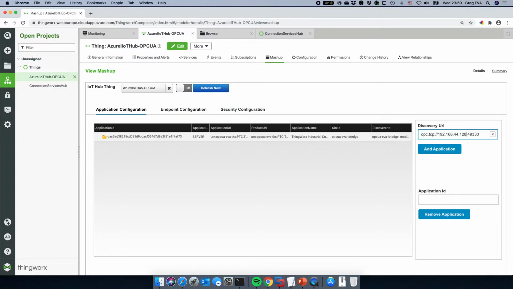so that we're very specific. This is the IP address that we want to talk to. This is the port, and let's add the application. So this is our Kepware Edge, and I'm going to do the same thing for our